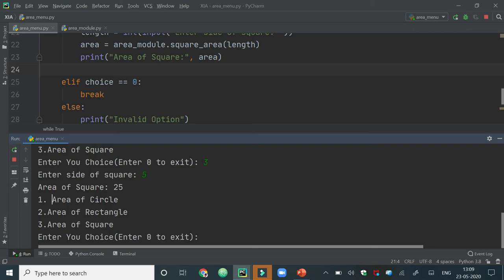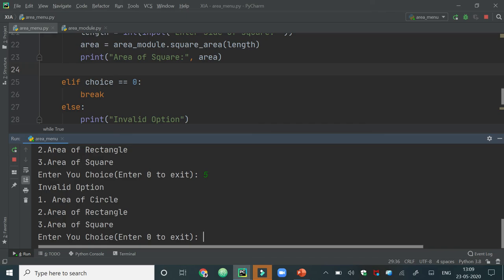Now again it is asking for the choice, because it is a loop and till we enter 0, this loop will continue. Suppose I enter 5 as a choice, because we have not mentioned 5, I want to see what the behavior will be.